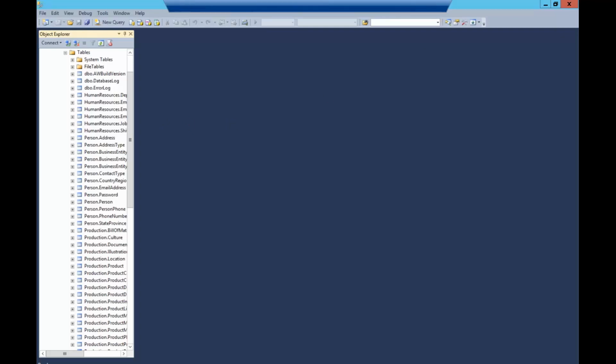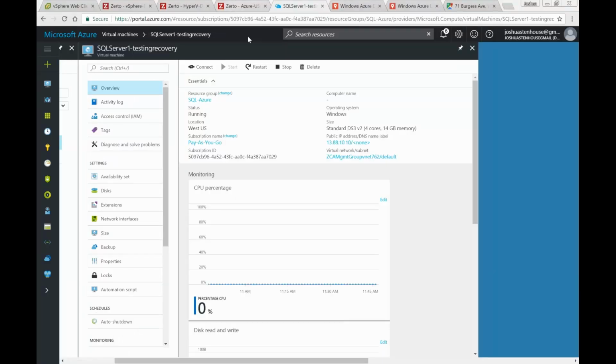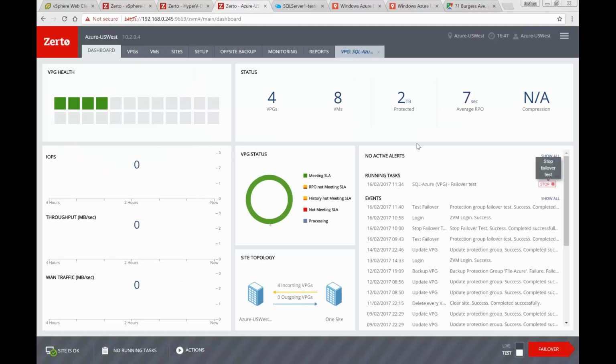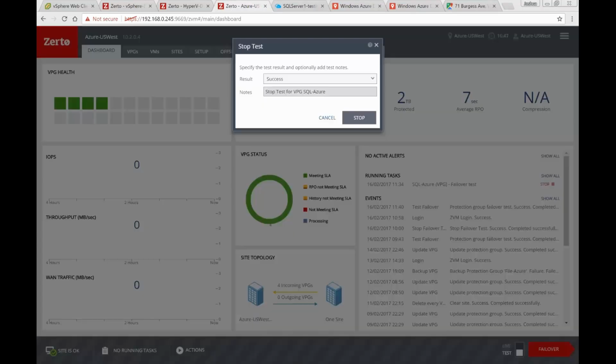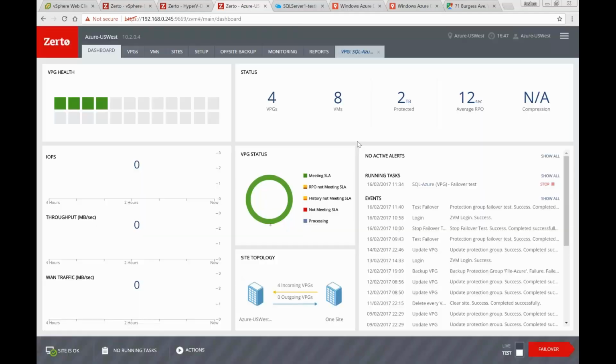So let's close down the console. I'm going to come back to the Zerto Virtual Manager interface, and I'm going to click Stop. And Zerto is going to ask for the result. Because yes, Zerto brought on the VM, we know that we did, otherwise it wouldn't have got to the stage that we had there, but maybe the application or the database didn't work. So you can specify the user acceptance, add in your own notes and click Stop,